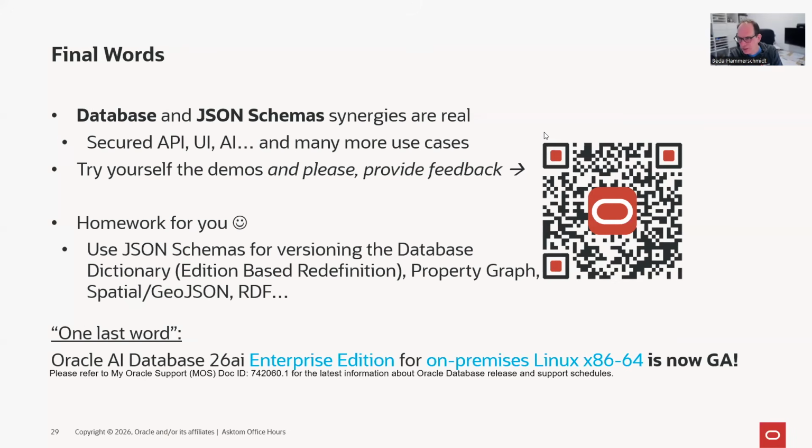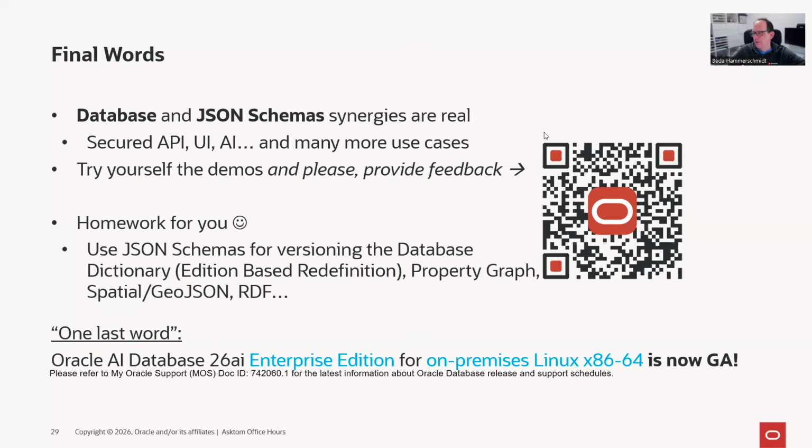Then there is another question: how much of the feature examples you have shown are available for the on-premise version? I think if you have 26 AI, you get all of this. There's no real difference from ADBS, though I didn't explain how to install Apex. Maybe the hardest part is probably to install Apex. But once you get there, I'm using the free edition, the one you install on premises, so you get everything on premises.